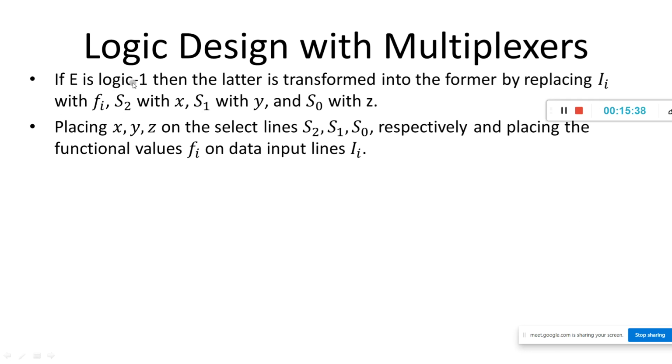Here, if E is logic 1, then the latter is transformed into the former by replacing Ii with Fi, S2 with X, S1 with Y and S0 with Z. What he is trying to tell here is that Ii can be replaced with F values, S2 can be replaced with X, S1 with Y and S0 with Z. Placing X, Y, Z on the select lines: S2 is replaced by X, S1 by Y, S0 by Z. These are the 3 variables X, Y, Z respectively, and then placing the functional values Fi on the data input